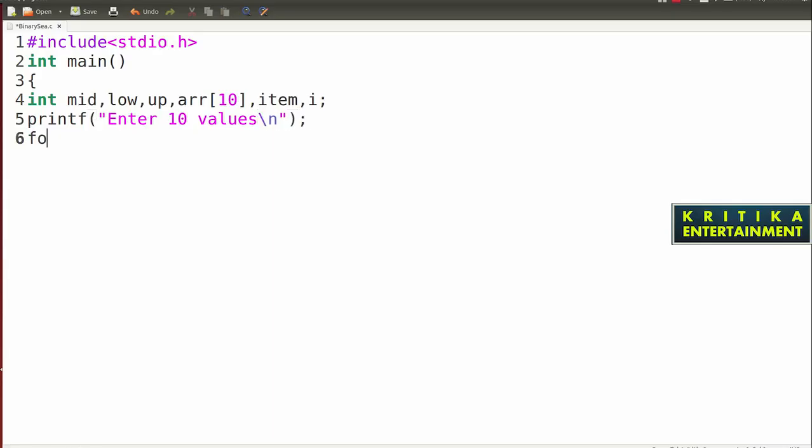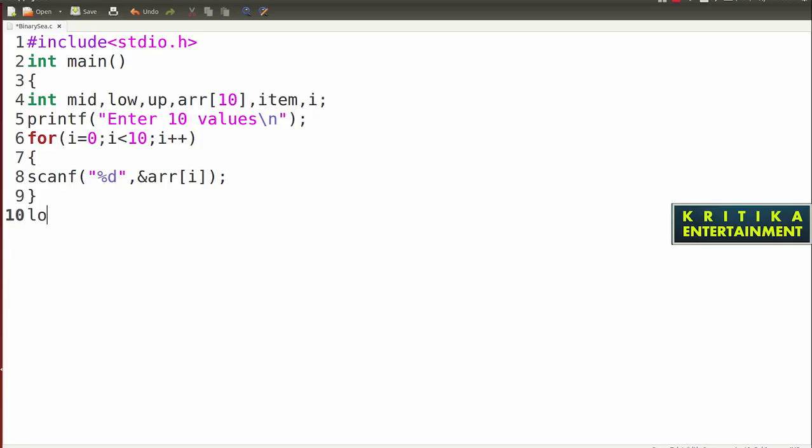Then I'll start a for loop: i equals 0, i less than 10, because my array size is 10, i plus plus. Scanf %d, ampersand arr[i]. Okay, the array values are inputted.